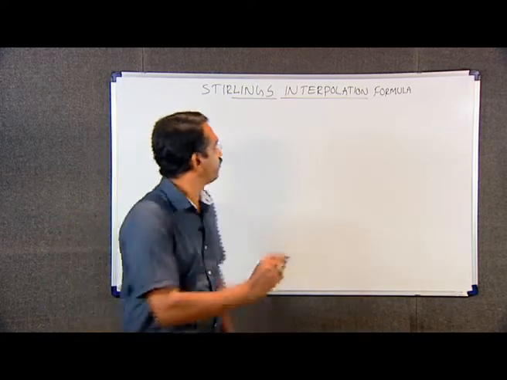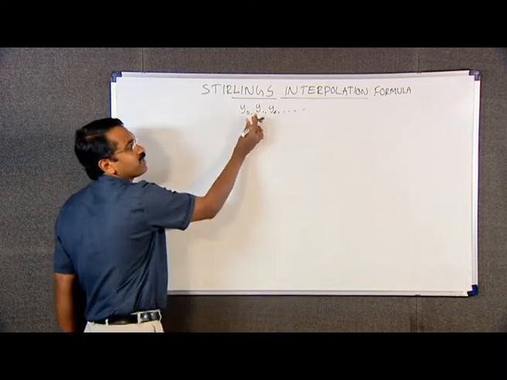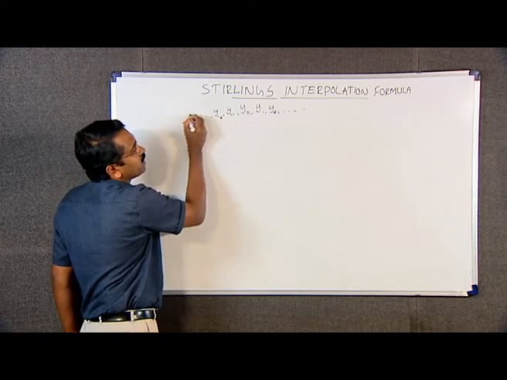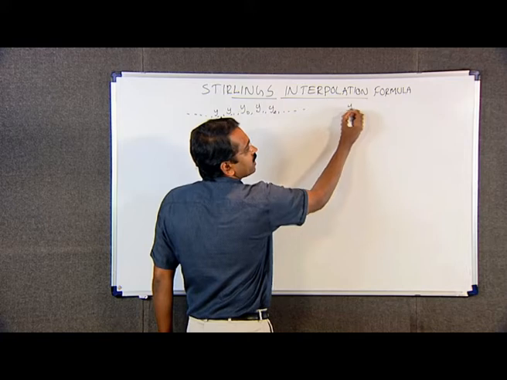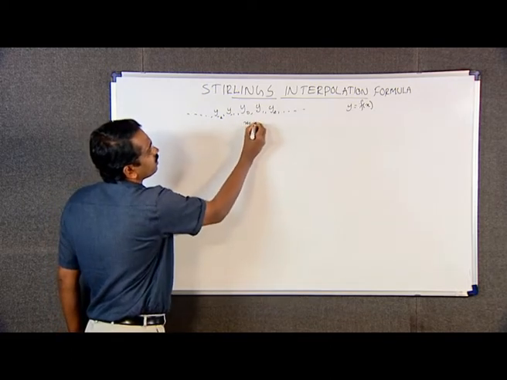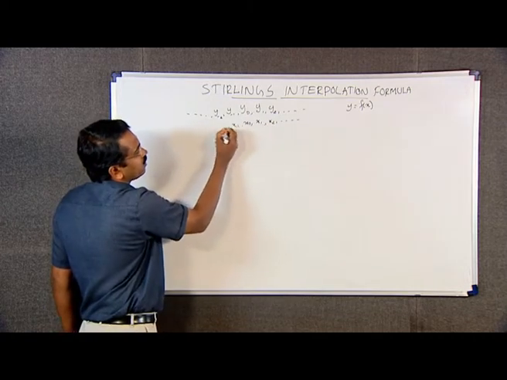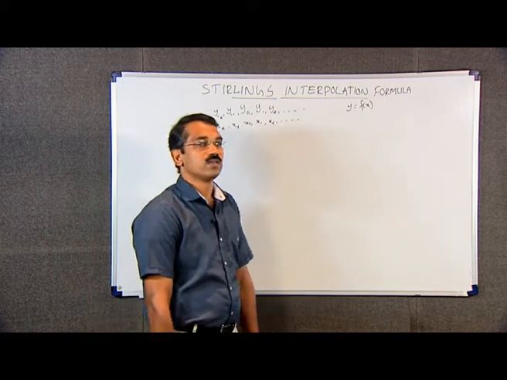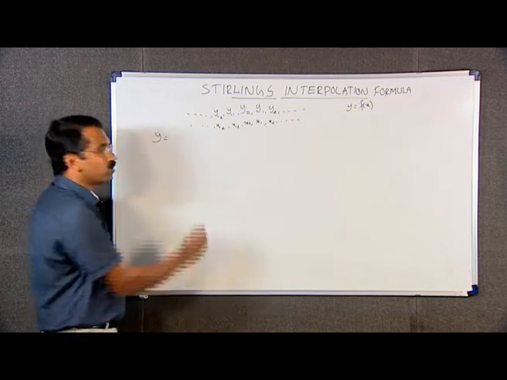Recall that if y0, y1, y2 etc. towards the right of y0 and y minus 1, y minus 2 etc. towards the left of y0 are the values of a function y is equal to f of x at equidistant points x0, x1, x2 etc. towards the right of x0 and x minus 1, x minus 2 etc. towards the left of x0, then the Gauss forward interpolation formula is y is equal to y0 plus